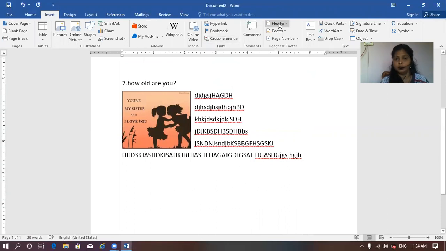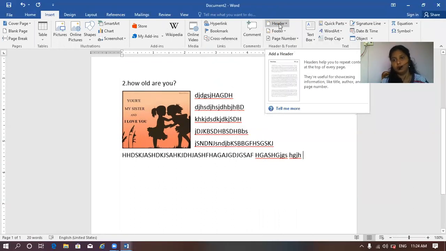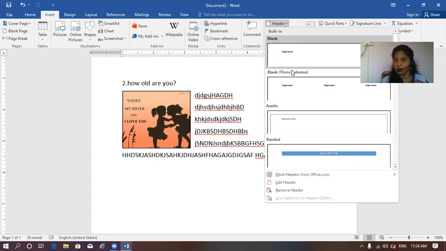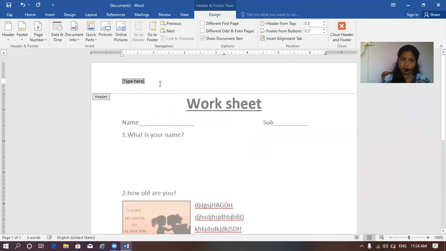And one more thing I would like to share with you is inserting header and footer. Header and footer means whatever you want to give at the top of your page, like the logo of the school or anything about that, you can take in these pre-designed styles. Whatever you need, you can insert here. Suppose I'm taking here my school name, Lotus School of Excellence. My header is also ready.